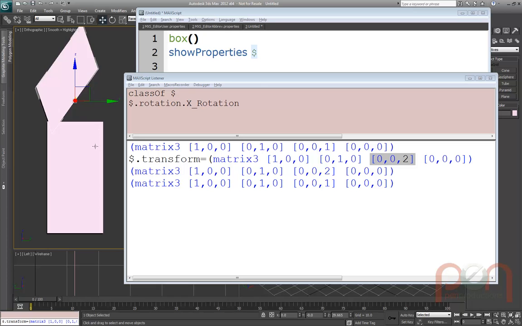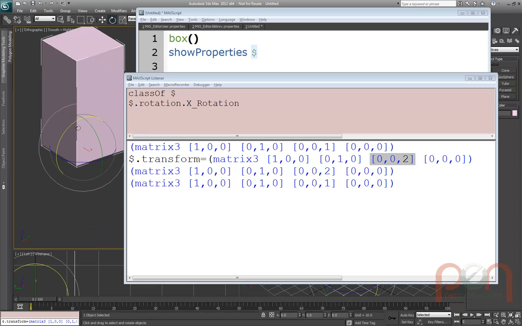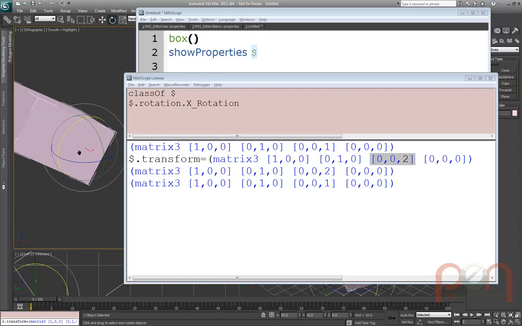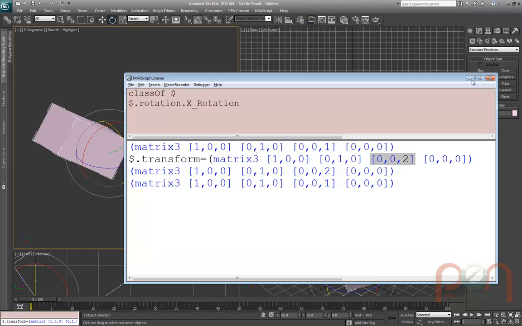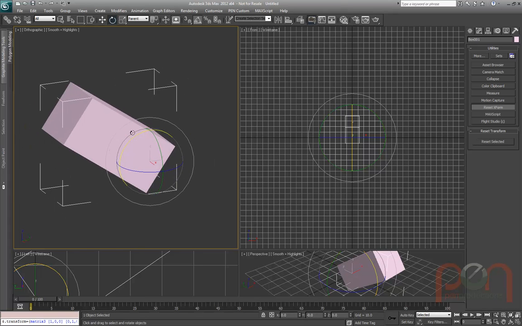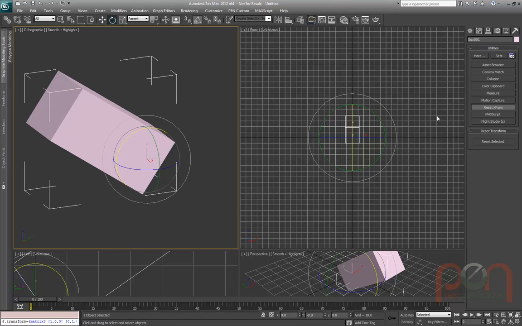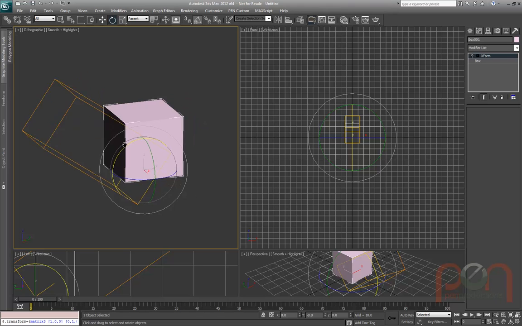Now, if you're wondering what reset transform does, it's pretty simple. Let me actually just rotate the box over somewhere. We've scaled it, okay? And we use the reset xform utility, and my box didn't move. If you notice, the bounding box did. It suddenly popped. Well, what's happened is it's applied an xform modifier. People think it's just the xform modifier. No, it's not. Let's just turn off the xform. There's our box unscaled,